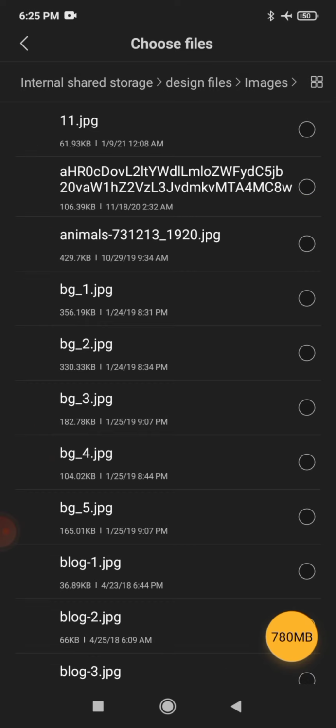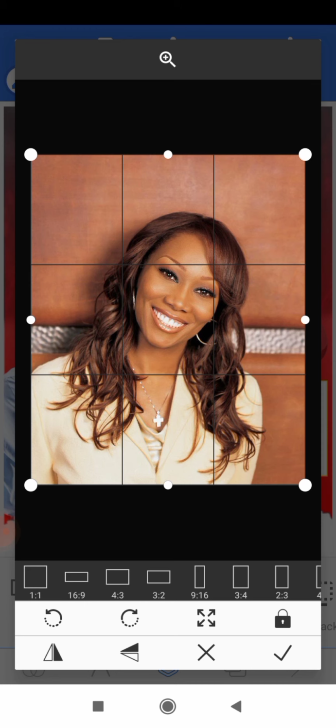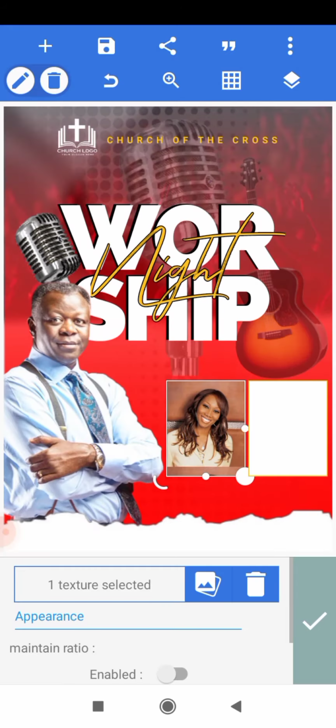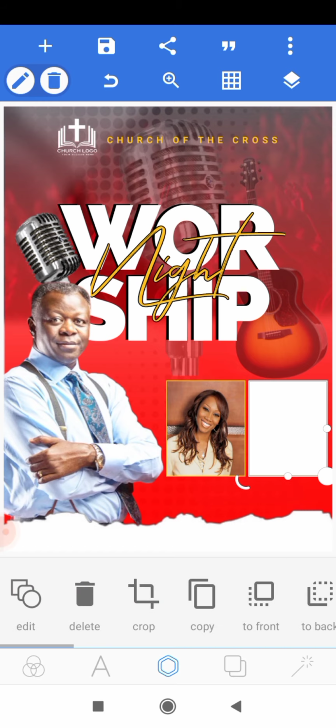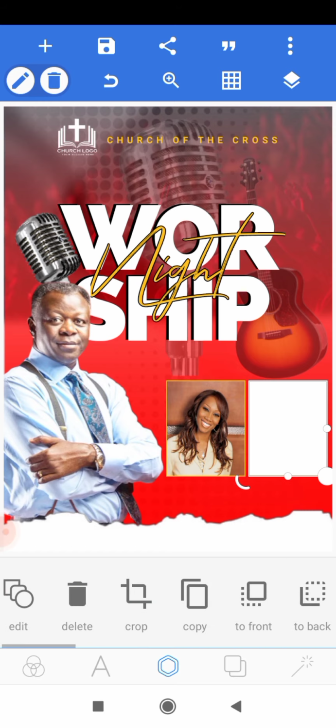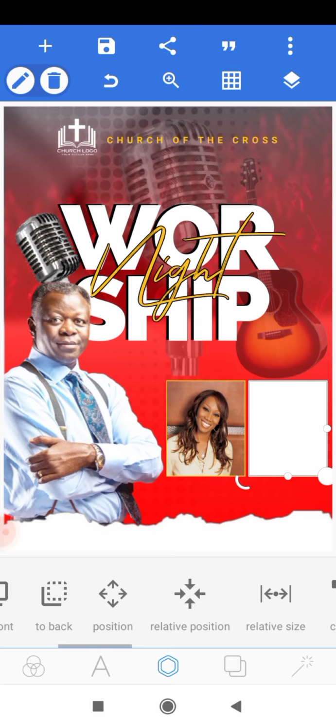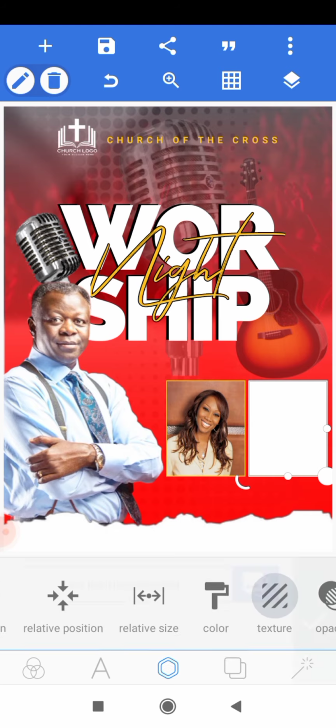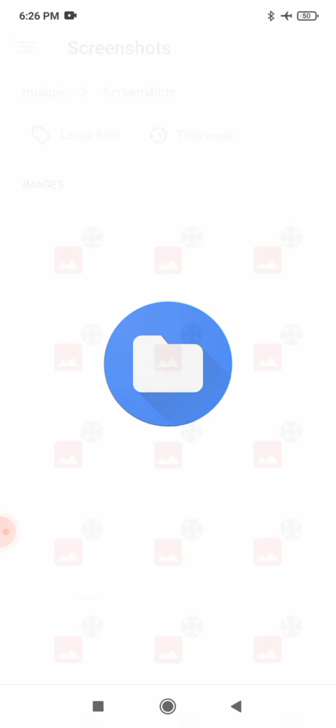So we'll use this, and we have this. So I'll select the second one, and then I'll go to texture, and then file,